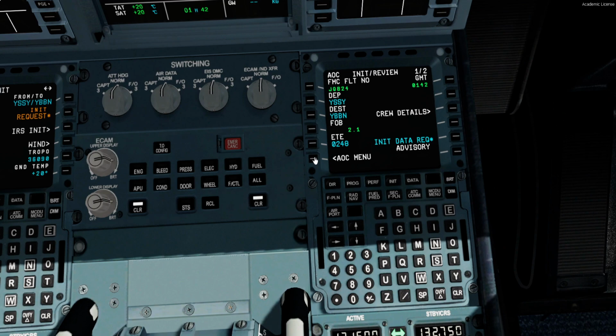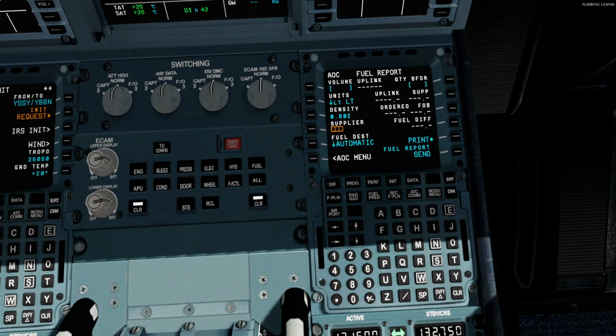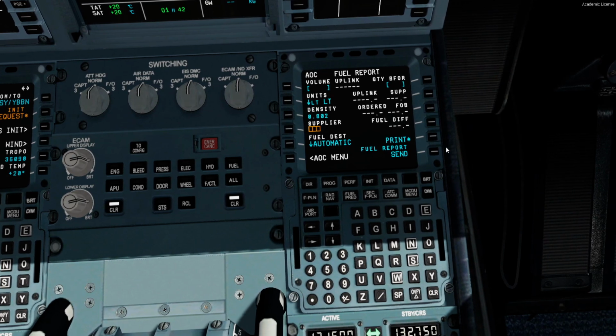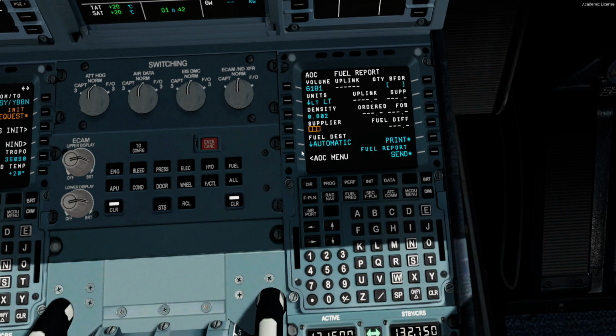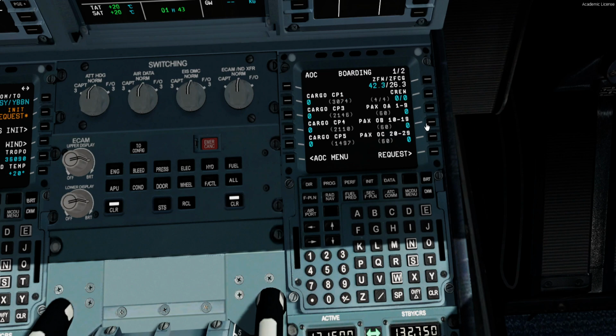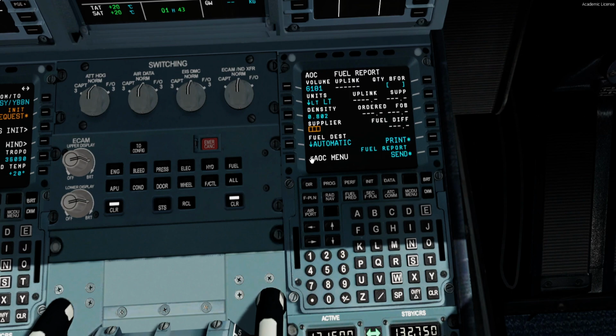Let's go ahead and get the fuel on board to match what we require. So right now we need an uplink of 6181. Fuel destination automatic, so print and send, and we'll go ahead and get the boarding. So zero fuel weight today is 57.9. Requests, instant request. Right, fuel is done,